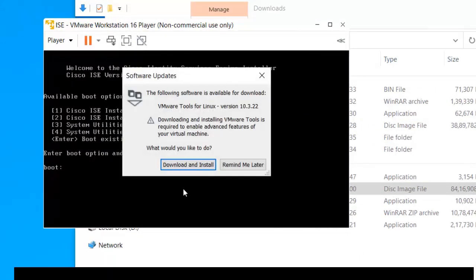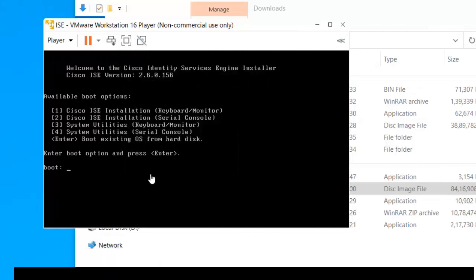When the device boots up, it will give you some options. You can use this utility option to reset the password also. For this case we are just going to install ICE, so in our case we will be using the first option, that is install Cisco ICE.